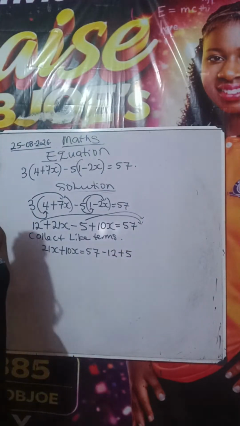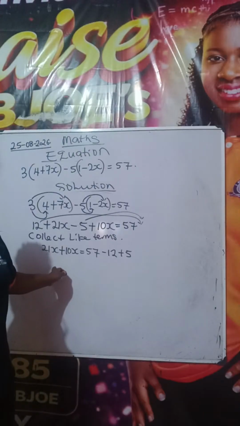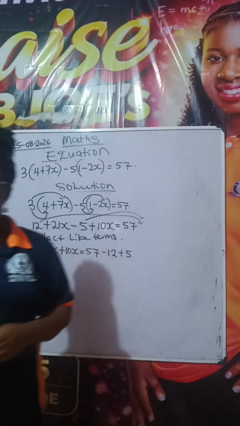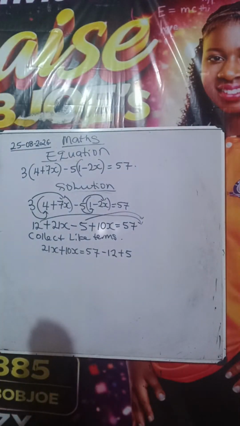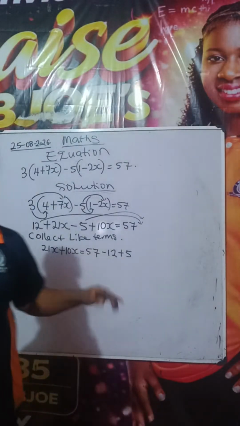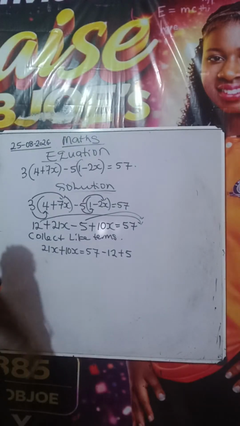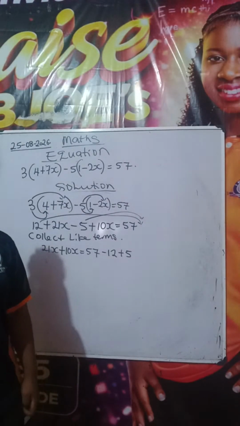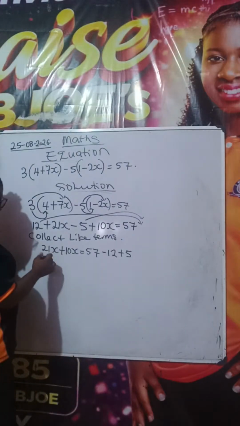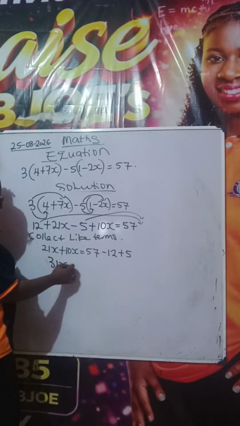Now we add. Look at it. So 21x plus 10x, what do we have? So we have 31x equals to